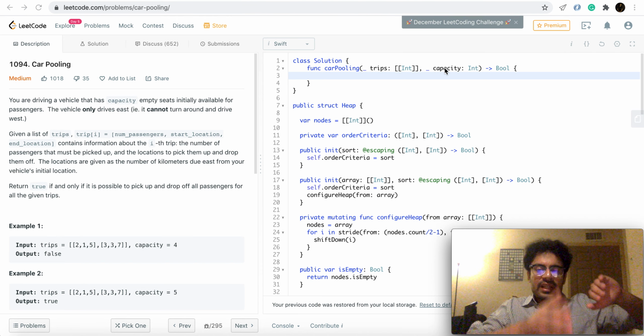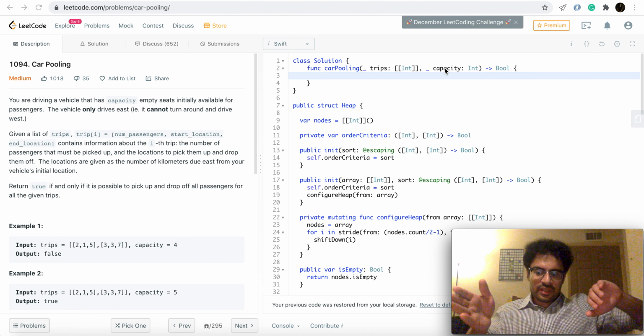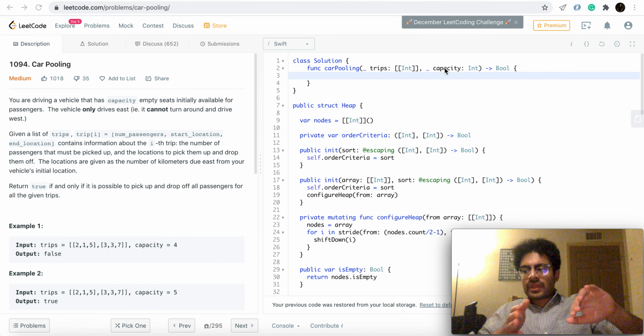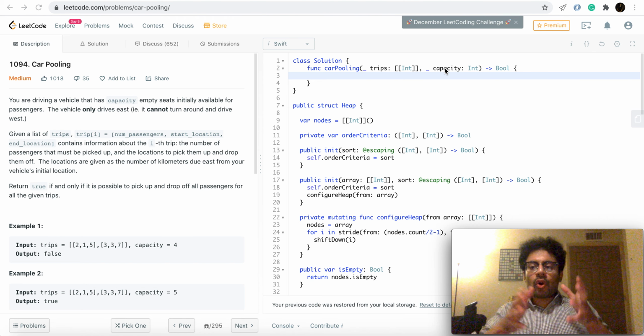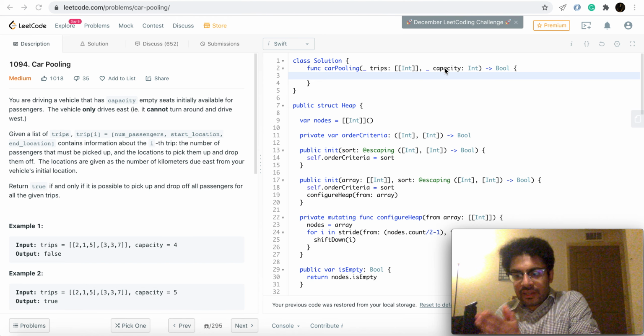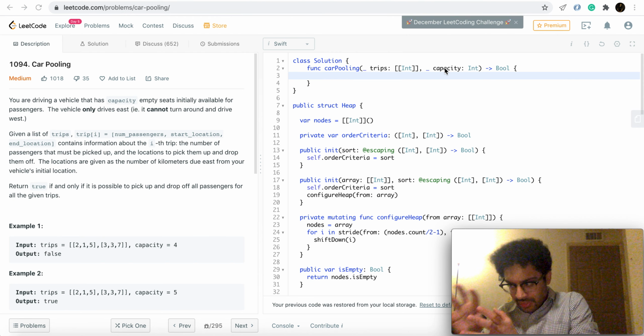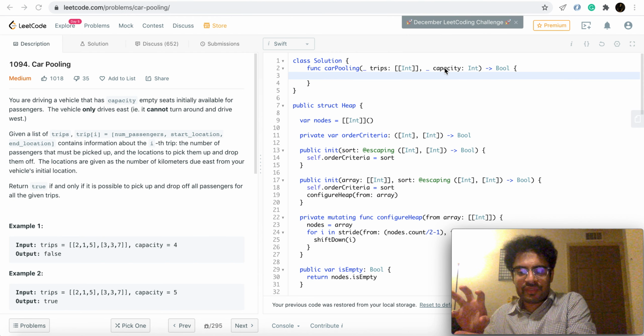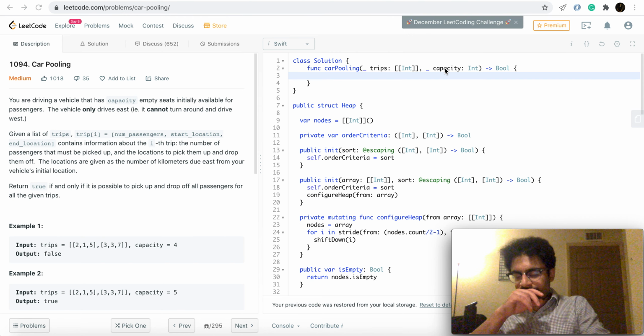We'll keep removing these trips from the heap until I have found all the trips that have ended before my current trip has started. The current trip is the one being evaluated for feasibility inside the for loop.